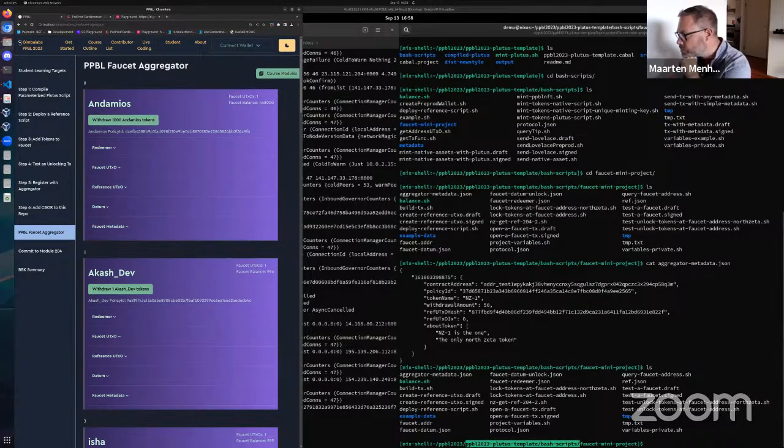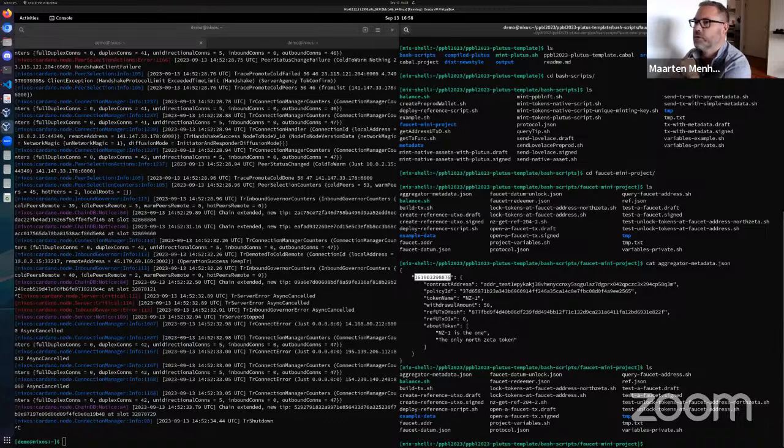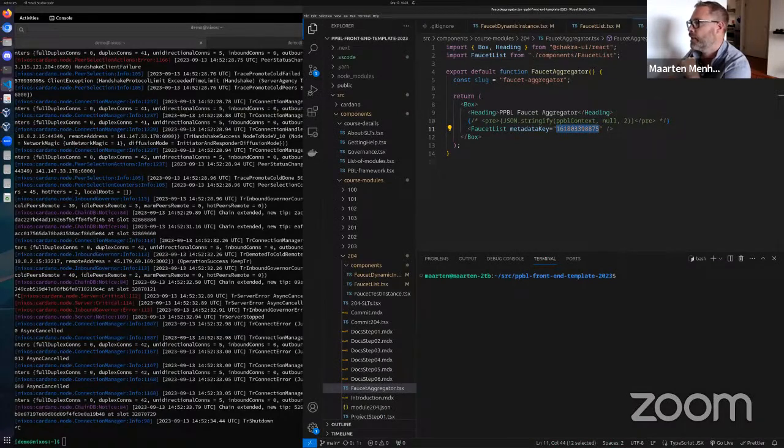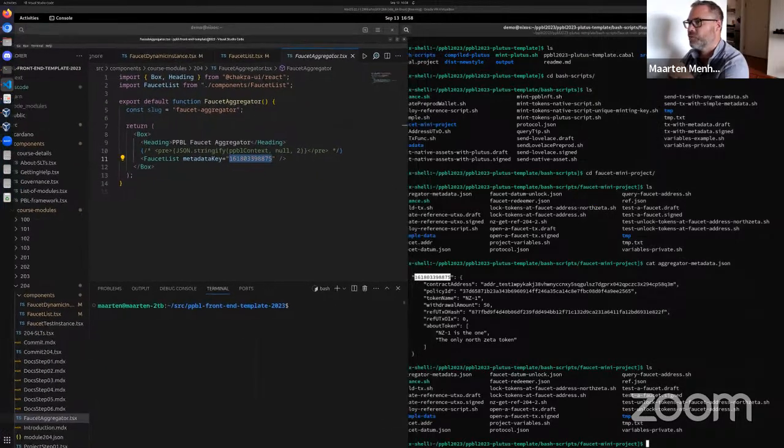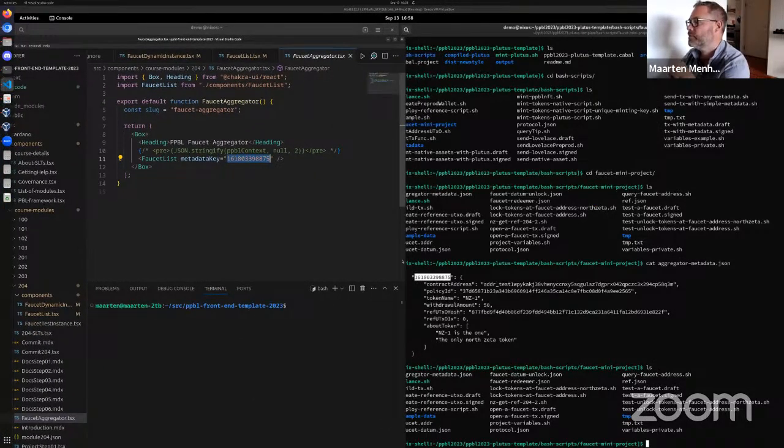And also, this is the key which is searched. Sorry if it's hard to understand, but there are a lot of things coming together here. This key is searched here. You can see this is to make it findable by the aggregator. You can see this key is the same.